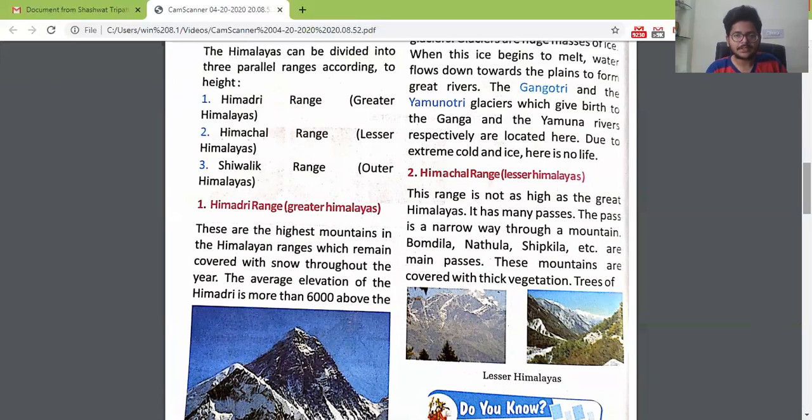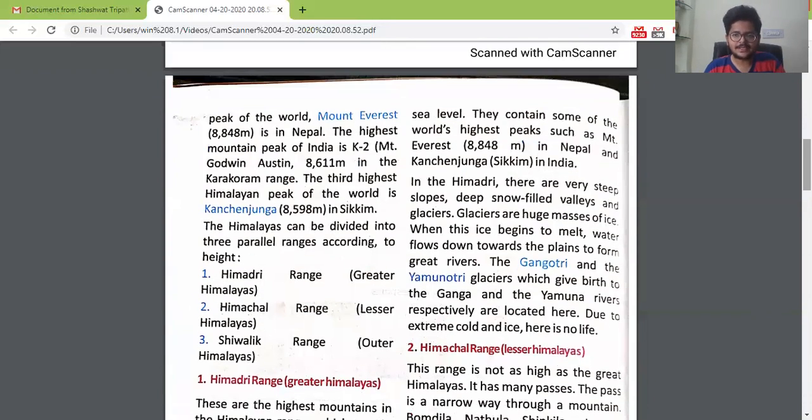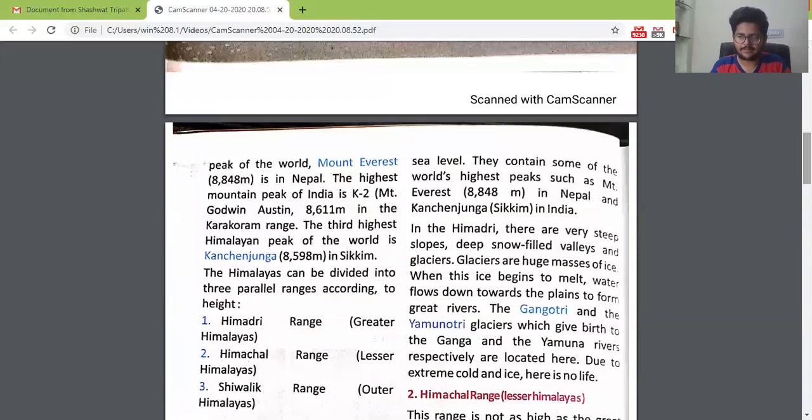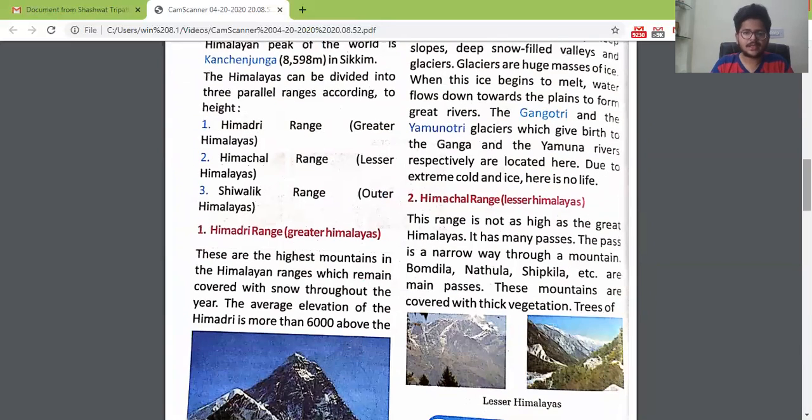The average elevation of the Himadri is more than 6,000 meters above sea level. So what is the height of these Himalayas? The height of these Himalayas is more than 6,000 meters above sea level.